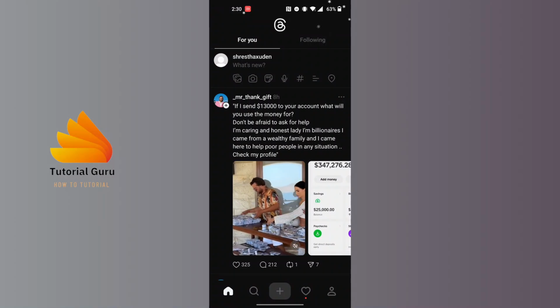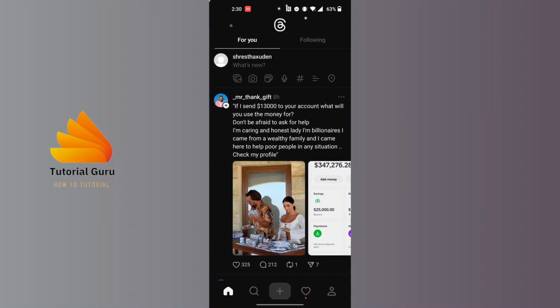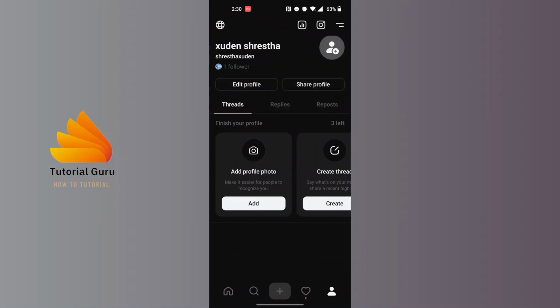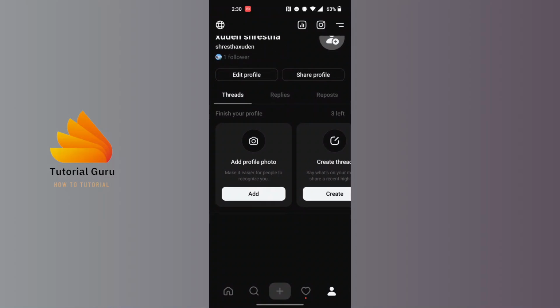Tap on the person or the profile icon at the bottom right corner of the screen, and you land over here, which is the profile interface of your Threads account. And on this interface at the top right corner of the screen, you can see there's a two-line icon available for us. Tap on the two-line icon at the top right corner of the screen, just beside the camera icon,